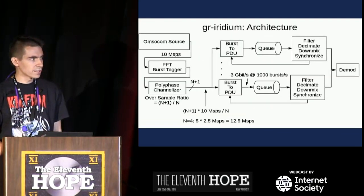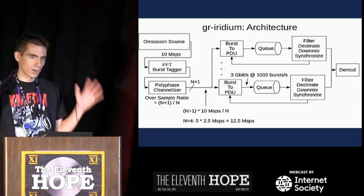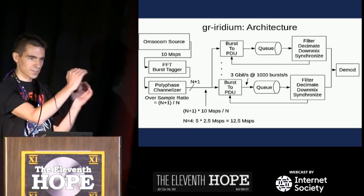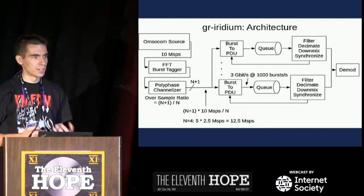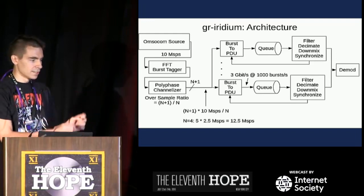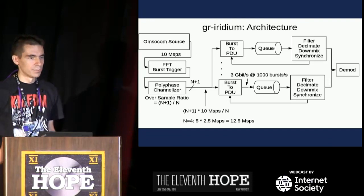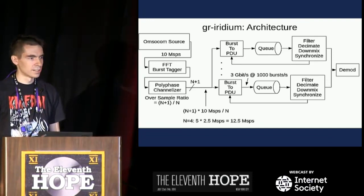The whole thing is built around two major components. First, we have a burst tagger. It looks at the whole spectrum and figures out, okay, where's activity? And it captures a small piece of that activity. It feeds it through a channelizer, which then just looks at, okay, where roughly in the frequency band is that? It takes a chunk of that frequency band and moves it into multiple demodulators and decoders, which then basically